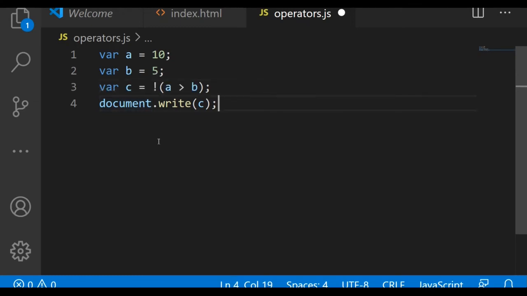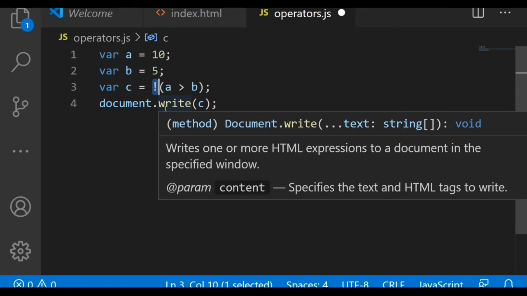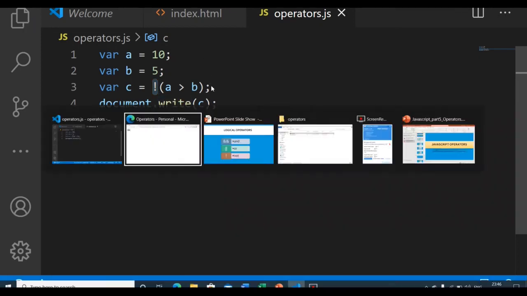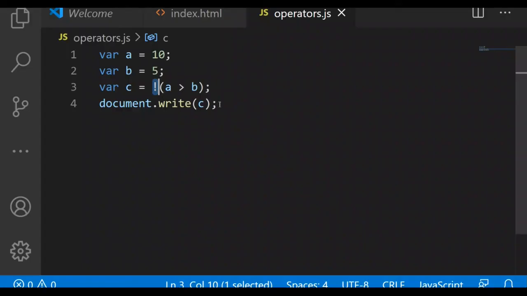Now I just put the not operator before the expression, so where c equal to not a greater than b, and now if we print the value of c, it will return false. So a greater than b returns true, then the not operator reverted that and made it false.